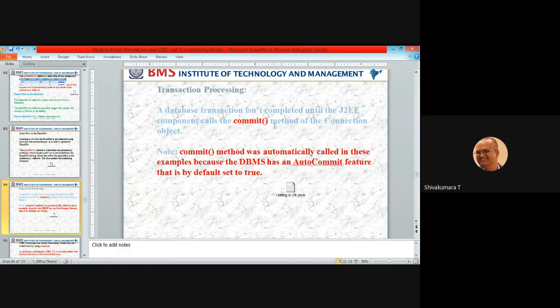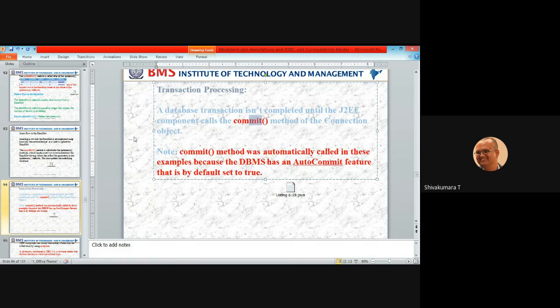So transaction processing is not completed until the JDBC component calls the commit method of the connection object. Without doing commit, that transaction is not going to be completed, because commit records the data into the database permanently, right? Whatever you do in querying, by default Java commits the content to the database, because in the JDBC programs we discussed, we did not use the commit statement anywhere.